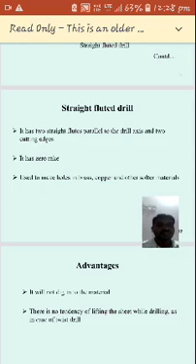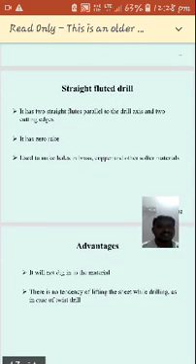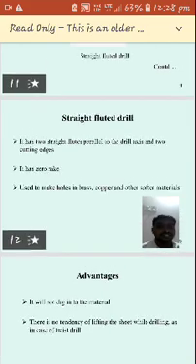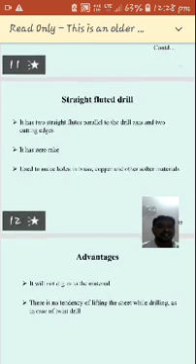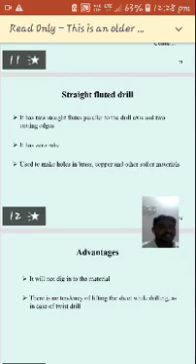It has a zero rake angle. It is used to make holes in brass, copper and other softer materials.